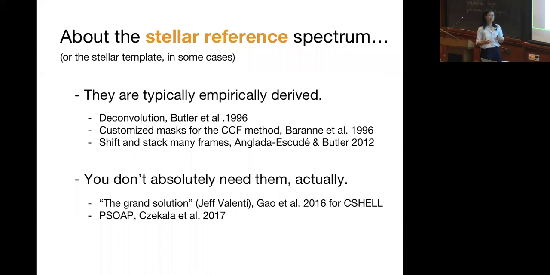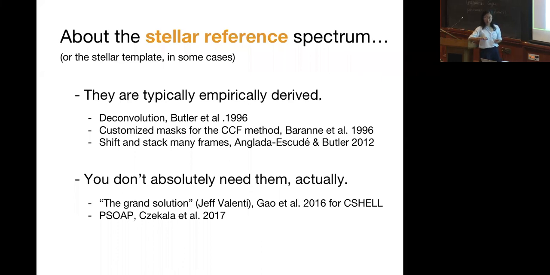The masks are very often customized and very carefully built for, for example, a certain star or certain spectral types of stars. But there's also a way of, if you have many epochs of observation on a single star, you can shift them into the same reference frame and stack them to get a high fidelity stellar spectrum and have that be your stellar reference spectrum, which is the HARPS-TERRA pipeline that's documented over here. But so the interesting thing is,